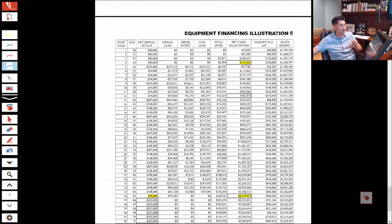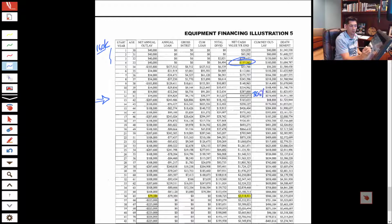In illustration 5, these are exactly the same all the way up until year 13. Okay? What changes, let's do this first, is first 4 years, same exact thing as every example. Put in the same $160,000, we have $157,000. In year 5, just as in illustration number 4, we are financing 3 trucks, and we're paying that back. In year number 13, we have, you can't see this number here, but we have $365,000 of cash value. And essentially what this business owner is asking is, hey, what's the most amount of financing that I can do in year 13? Well, if we do the math, the most that we can do is